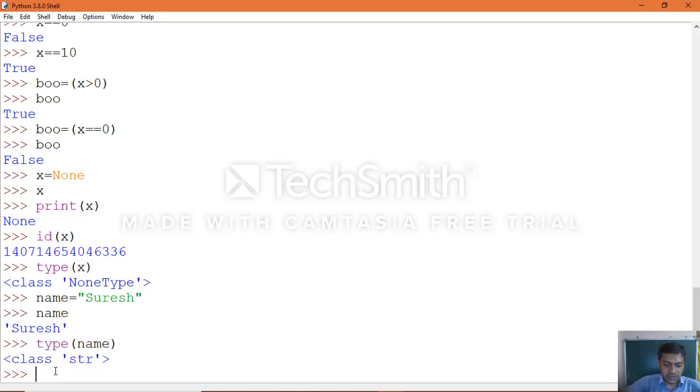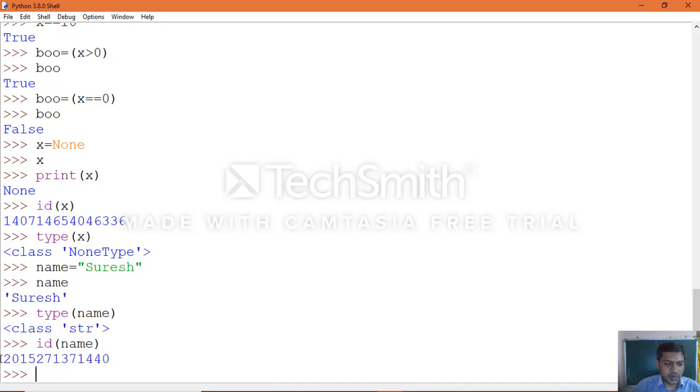In the same manner, if you want to check the memory address of the variable, yes, you can check. It will give you the memory address. Also, so far all the data types which we checked are immutable. Once you initialize, the address which is assigned cannot be changed later on.